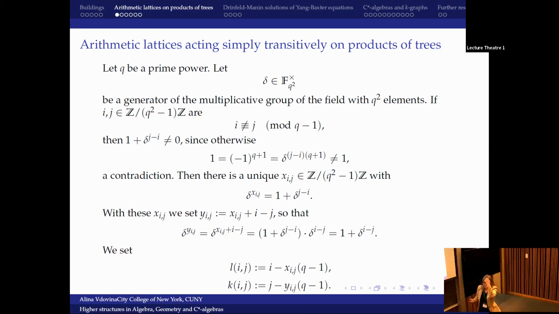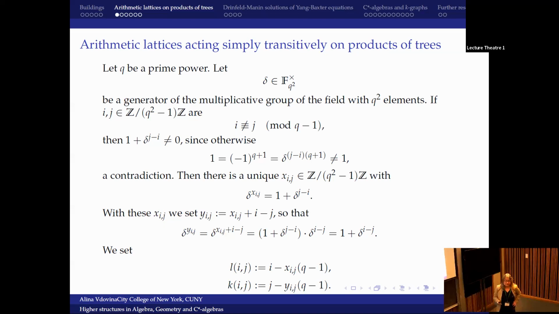I think that my former student Sam Matter even has a program to get those groups, because it's really just a very easy computation. The proof that it works involves quaternion algebras and so on, hardcore number theory. But here you just take two numbers, i and j, and then there is a formula of this L_ij and K_ij, which are defined just using i and j and computation in a finite field.